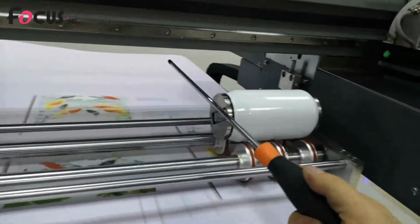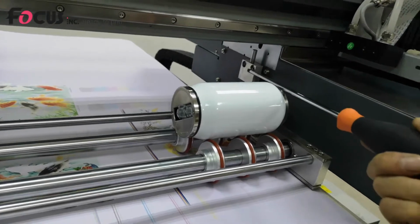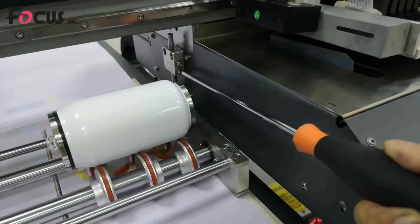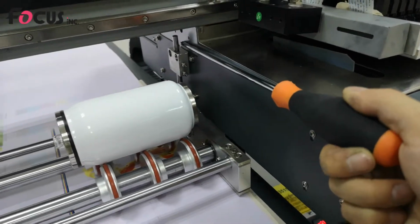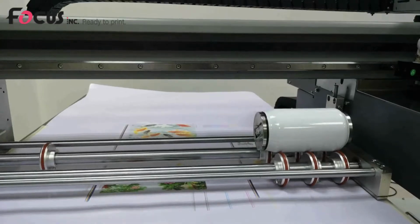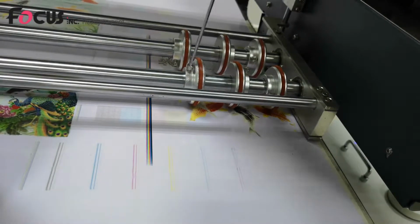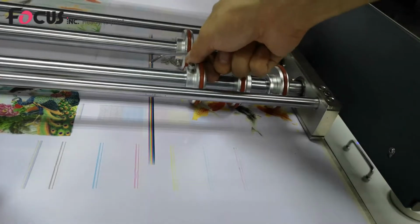And also install the left side 2 screws to the machine, 1, 2 screws to fasten it, and also fasten another 2 screws here and here to lock the rear, up down rear. And also we can loosen the screw to adjust the gap, the distance between each,